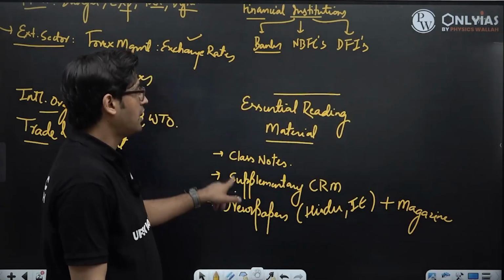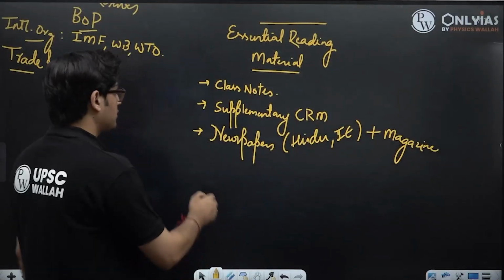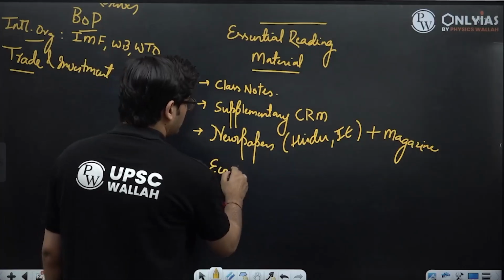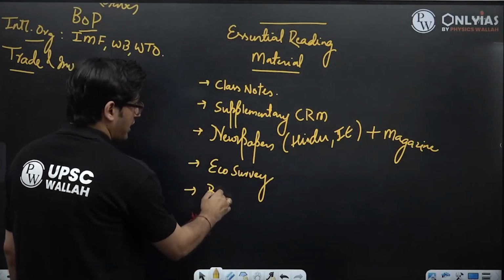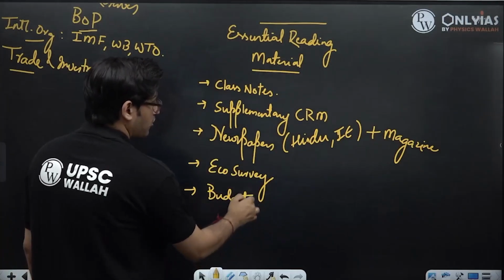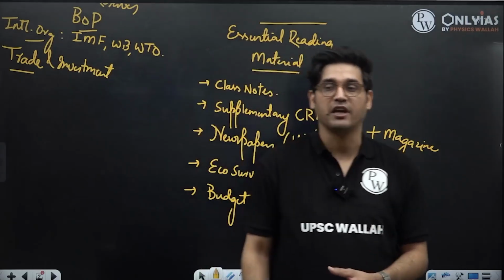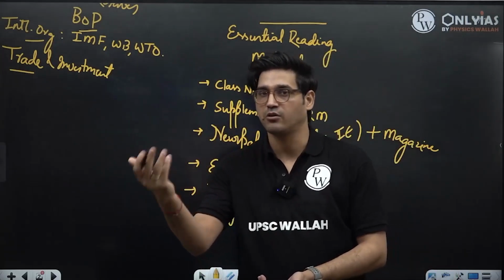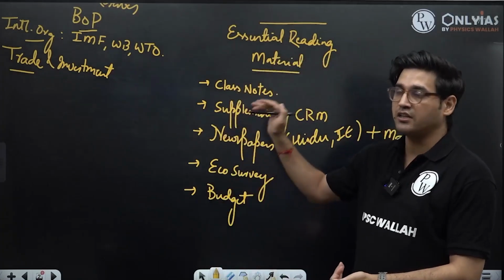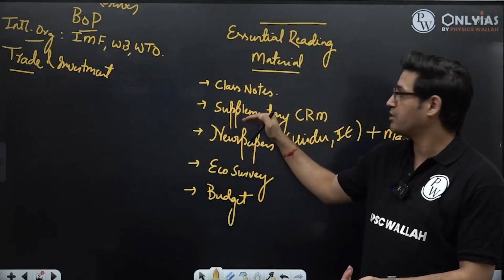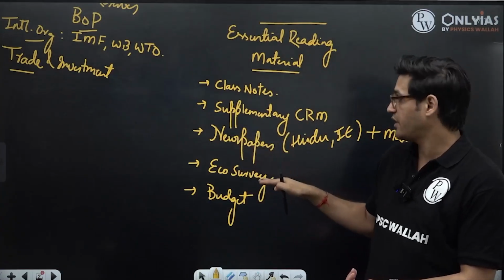Not just this, as part of your essential reading material, you will also be required to read the economic survey. You will also be required to know about the important aspects of the budget as may have happened in the year that you're going to write your examination. So your essential reading material is your classroom notes, your supplementary classroom material, your newspapers, economic survey, as well as